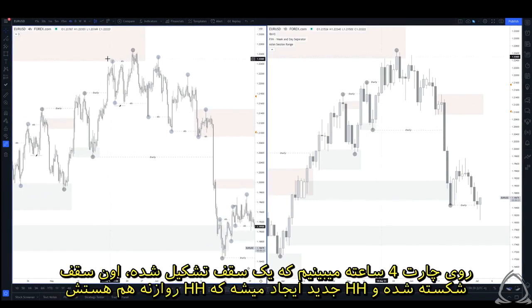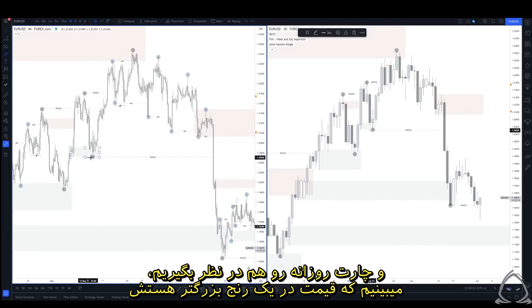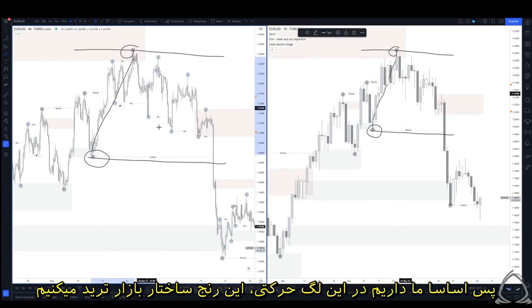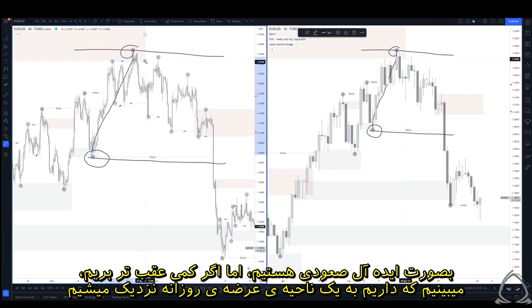And what we can see is on the 4-hour chart, we create a high, we break that high, creating a higher high, which is also the higher high on the daily. But this is where things start to change a little bit. Again, if we're factoring in the daily chart, we would see that price is in a larger range. We can see that we have our daily swing low here and our daily swing high here. So we're trading within essentially this impulsive leg, this range of market structure. So as a result, we would still be ideally bullish